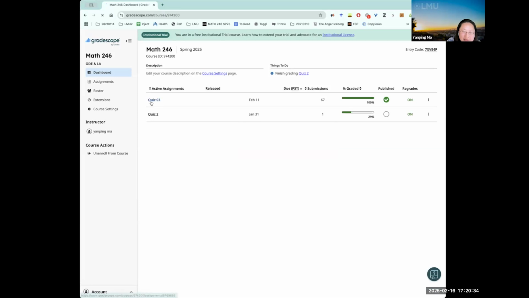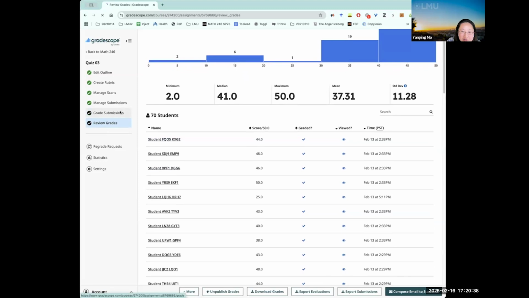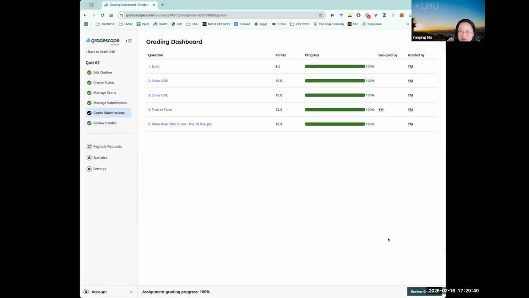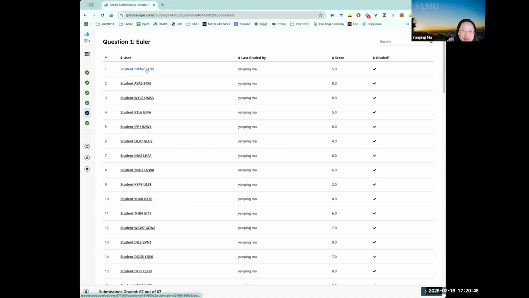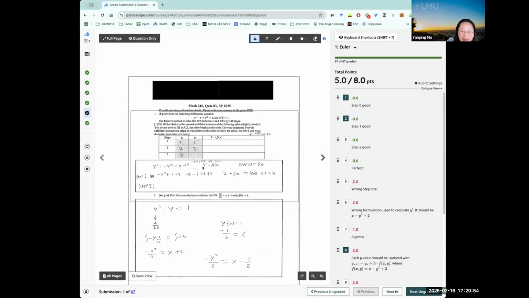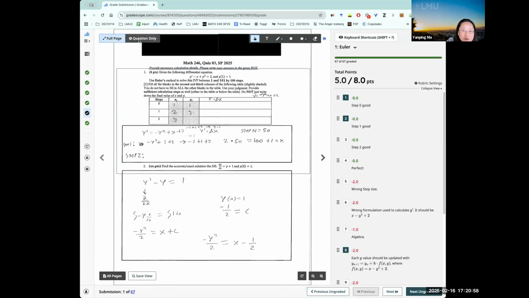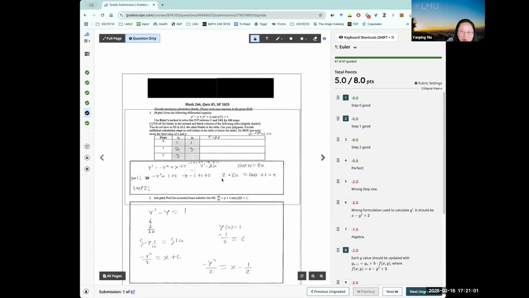Once I did that, let's go back to my anonymous grading. I can begin to grade my students' work. When I grade, as you can see, I don't really see who is who. The student's name and ID number are actually blanked out. I can't even see it even if I try. You can choose to ask the program to show you the full page or just the particular problem you are grading. Because I finished grading already, it's showing me the whole page right now.